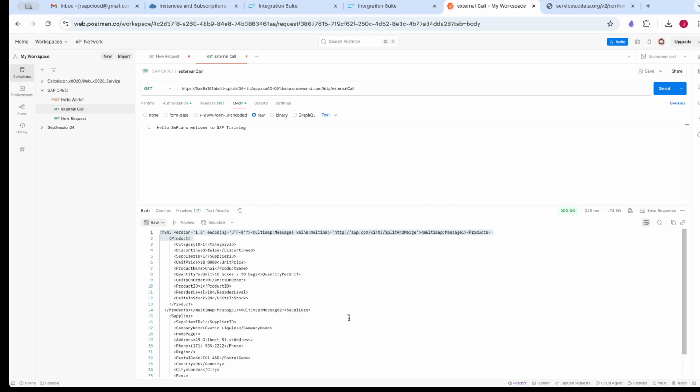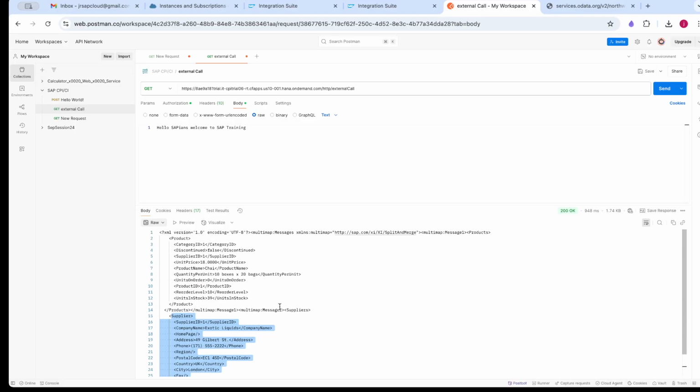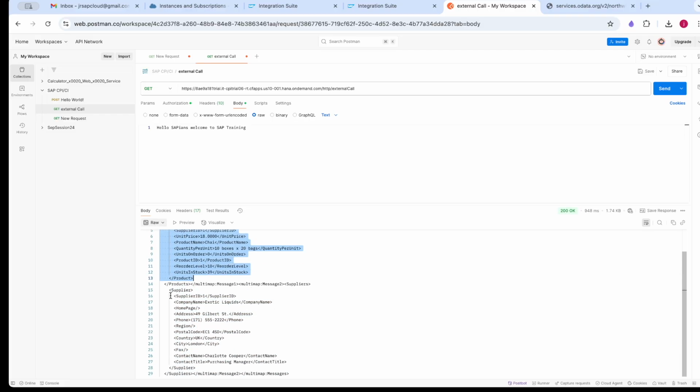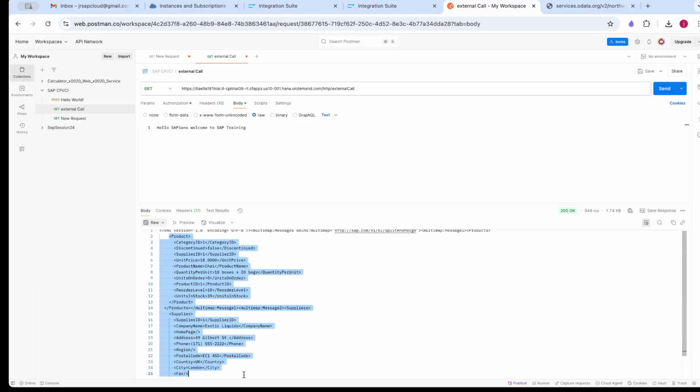Now you can see we have the data of product and the data of supplier. So this is the input for the content enricher and this is the output of the lookup, and what content enricher has done, it has combined these payloads. Okay,